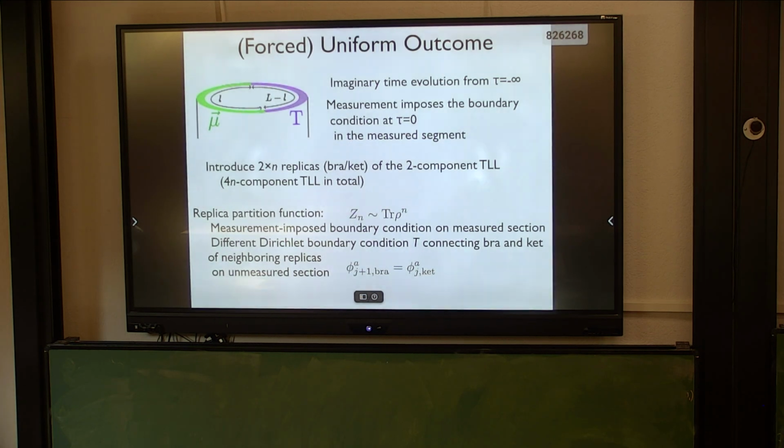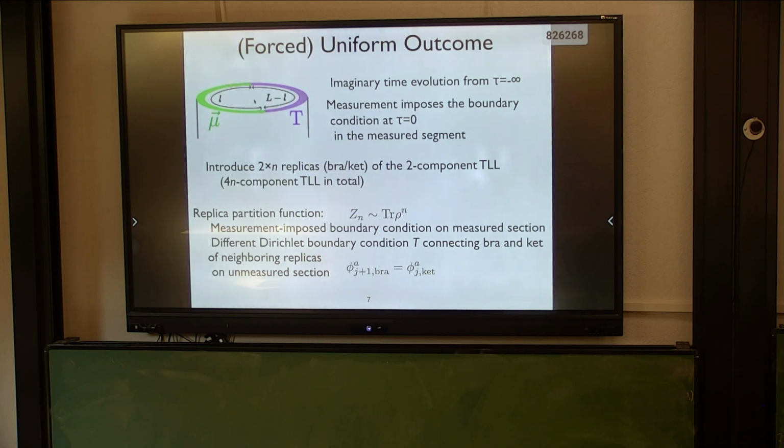Then we repeat this Bell pair measurement for every pair in the left region. In this figure, I'm displaying the measured region in green. Every time you do a Bell pair measurement, you get one of the outcomes, 0, 0, 0, 1, 1, 0, 1, 1. It's not completely random, there is some correlation, but roughly speaking, you randomly get one of the four results. But to do theoretical analysis, this generic outcome is a bit complicated.